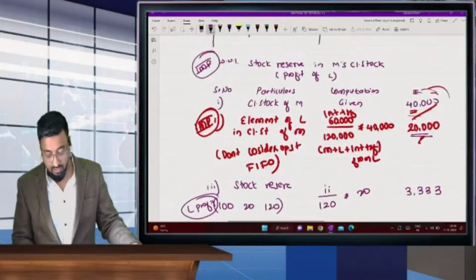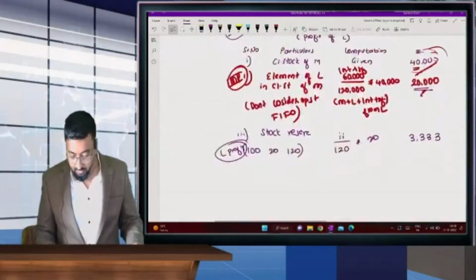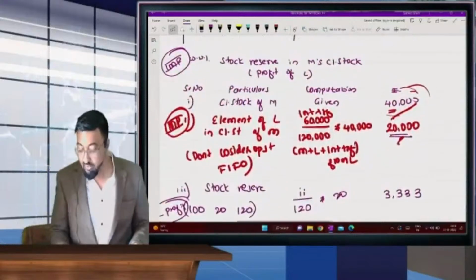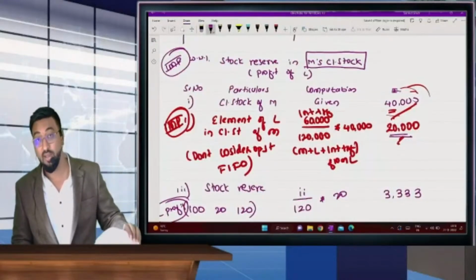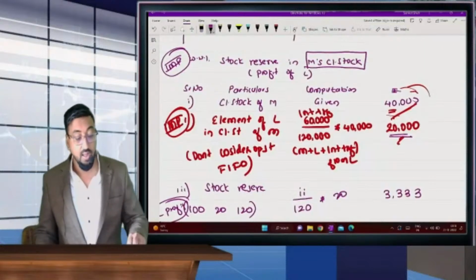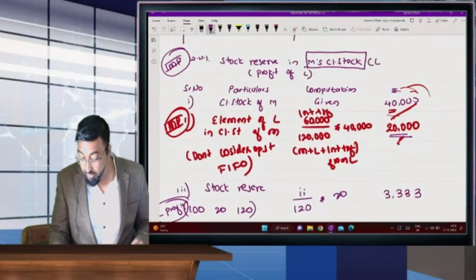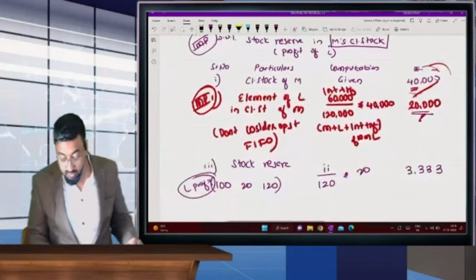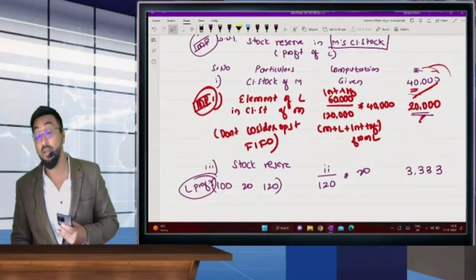ओके, तो स्टॉक रिजर्व किसके क्लोजिंग स्टॉक में स्टॉक रिजर्व होगा? एम के क्लोजिंग स्टॉक में। किसका स्टॉक रिजर्व होगा? एल का। एम्स क्लोजिंग स्टॉक, एल प्रॉफिट। नाउ यू गॉट दिस कॉन्सेप्ट, वेरी वेरी इंपॉर्टेंट कॉन्सेप्ट।